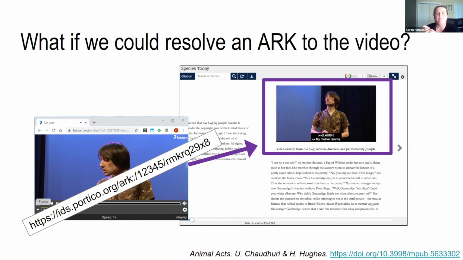And this way it would be presented in a form that was closer to the original. And note also, this would be pointing directly to the video file, which is similar to the XML example I showed earlier, where the ARK ID pointed directly to the image file. So that's one example that we're thinking about how we might implement a resolver beyond just the top level.